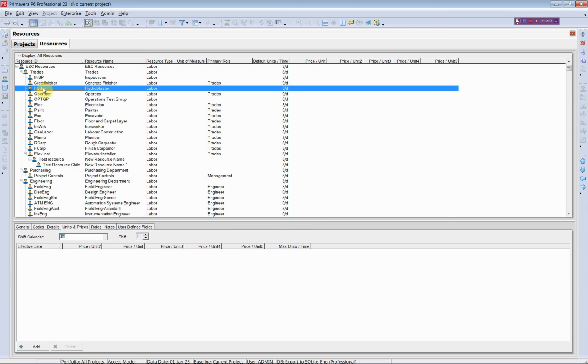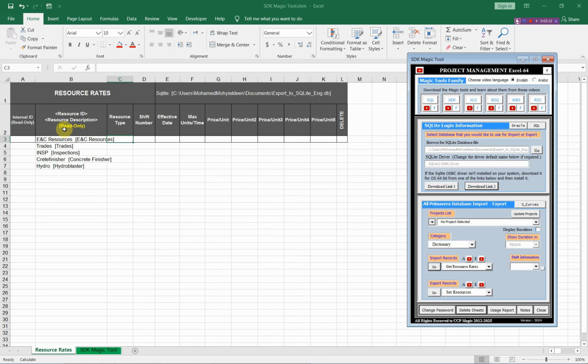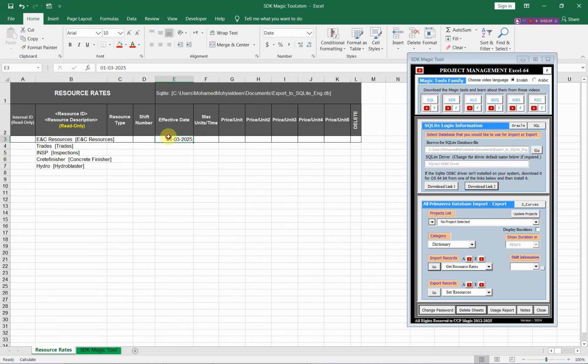In order to learn how you can use the SDK Magic Tool, let us go back to the SDK Magic Tool. For the effective date, let us select this date as effective date for these resources, and let us copy this and paste it for all resources. For the maximum units per time, for example, let us select these numbers, and for the 5 prices, let us start from 1